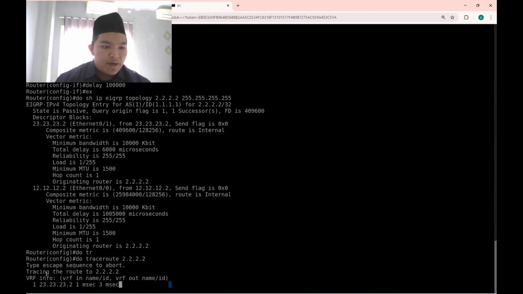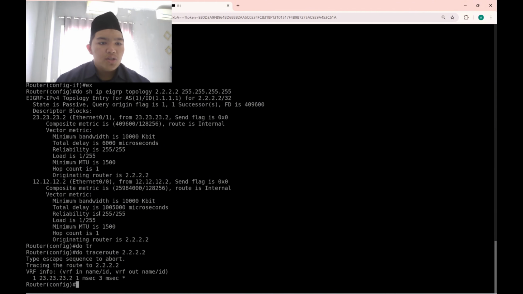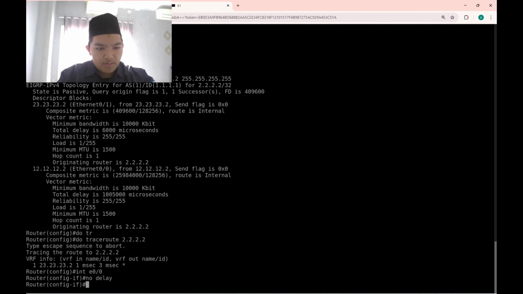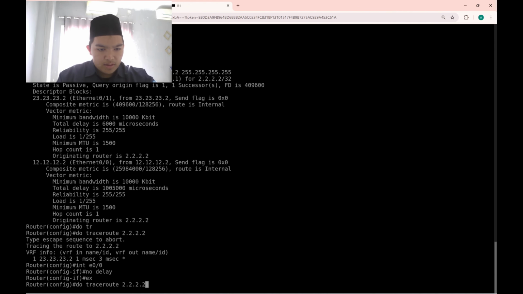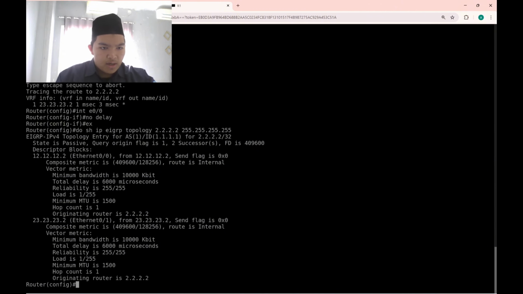Okay, the path that router 1 uses is Ethernet 0/1 with IP address 23.23.23.2, because the delay is 1 million. And then if you want to change it back to normal, just go to the interface and then type no delay, like this, and then I'm gonna see again. Okay, the delay is back to normal.